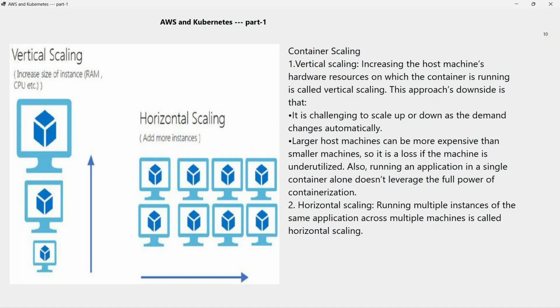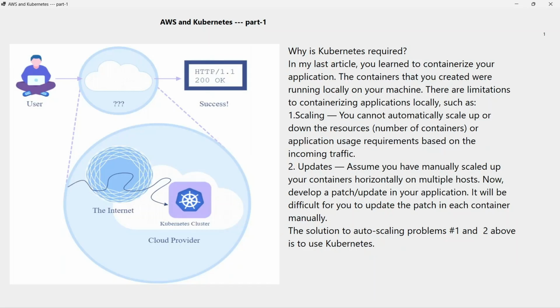2. Horizontal scaling. Running multiple instances of the same application across multiple machines is called horizontal scaling. Why is Kubernetes required? In my last article, you learned to containerize your application. The containers that you created were running locally on your machine. There are limitations to containerizing applications locally, such as: